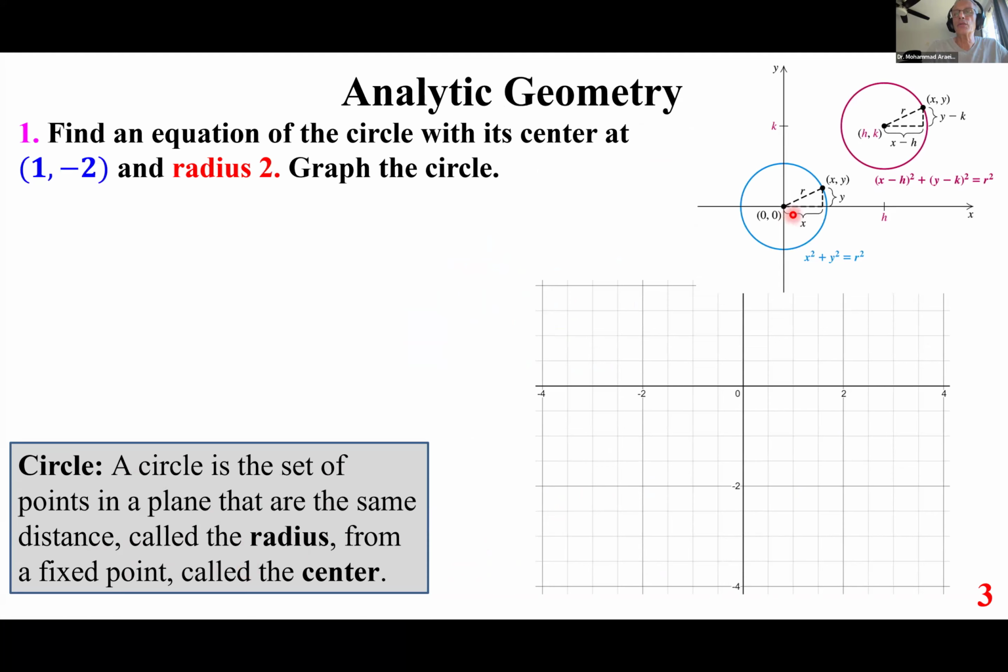If it's centered at (0, 0) with the radius r, x squared plus y squared equals r squared, and the proof is very simple. Just follow the Pythagorean theorem. If it's centered at (h, k) with the radius r, again, the Pythagorean theorem says (x minus h) squared plus (y minus k) squared equals r squared. So in this case,